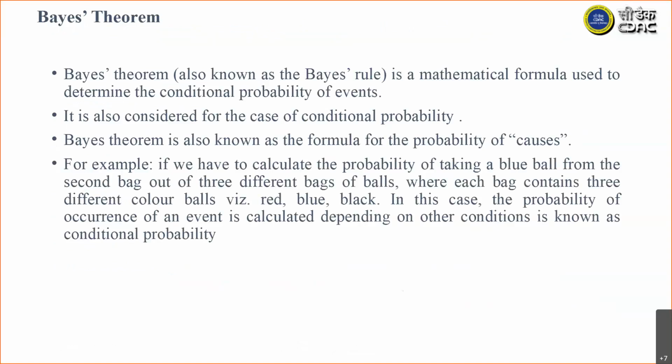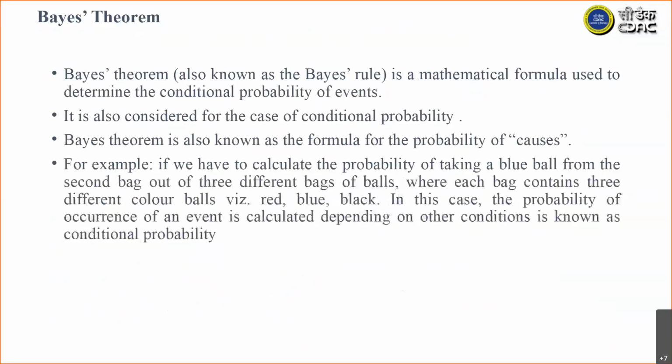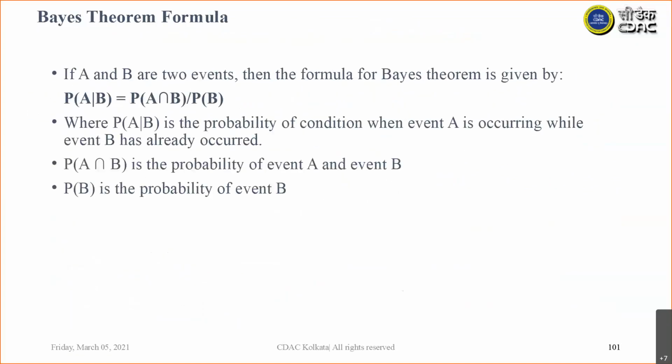Bayes theorem is basically needed for developing the Bayes classifier, which is a probabilistic classifier. The feature vector we have constructed is fed into the Bayes classifier, and based on a probabilistic approach, we can tell for a particular file what is the probability of this file being malware, or what is the probability of this file being a benign file. The different ingredients for the Bayes classifier are conditional probability, marginal probability, and joint probability.